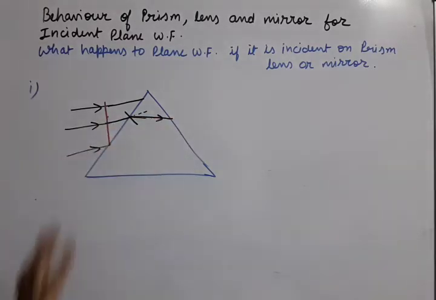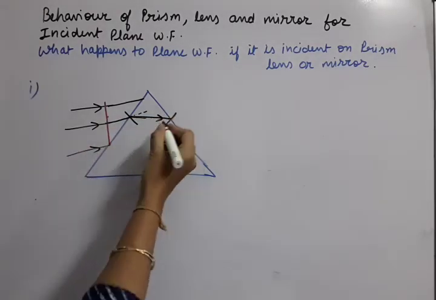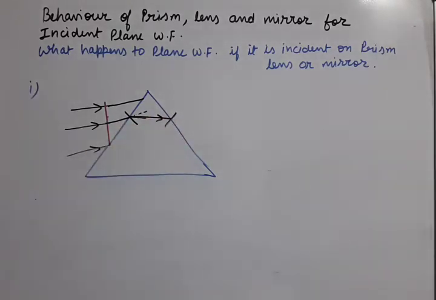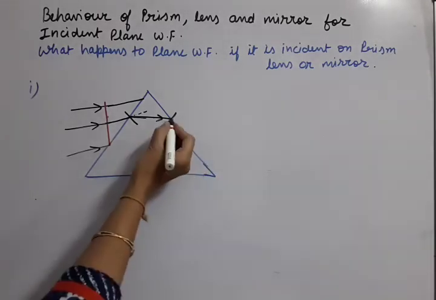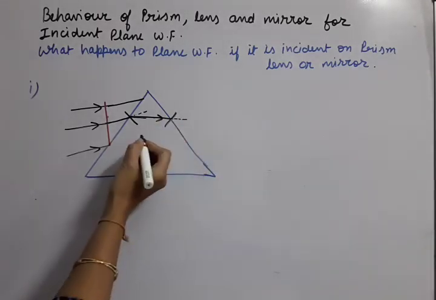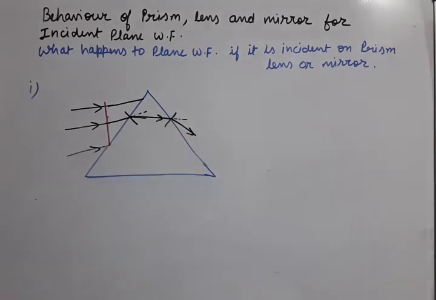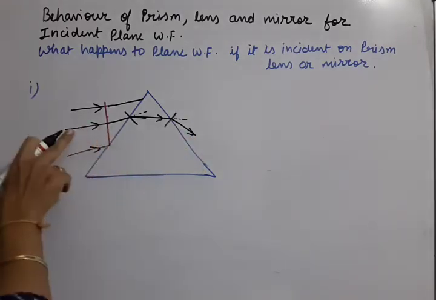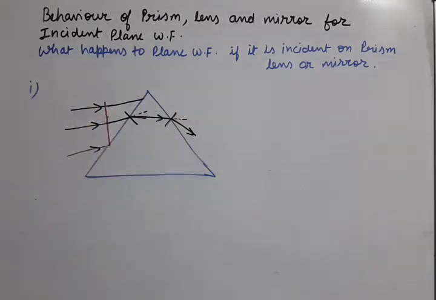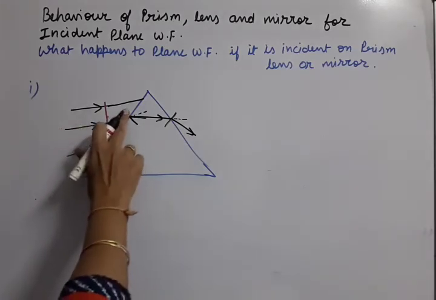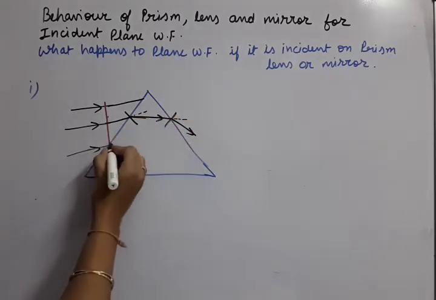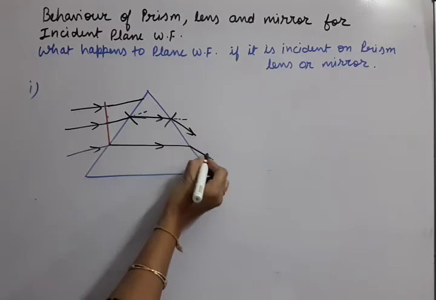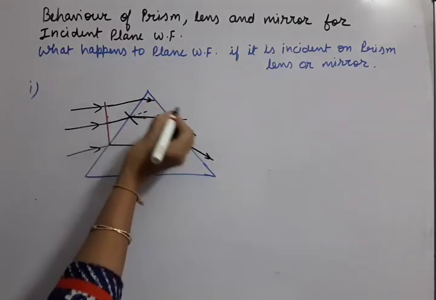It will go straight as long as the single medium continues. Again, when we reach the separation line of prism and air, we are going from denser medium to rarer medium. Its original path is this, but it will turn away from the normal. So we will get the ray this way. So you have seen the path of the ray. We have already discussed this in refraction through prism. When a single ray comes, it gets bent once and then a second time. For each of the rays the same thing will happen. For this ray also the same thing will happen.